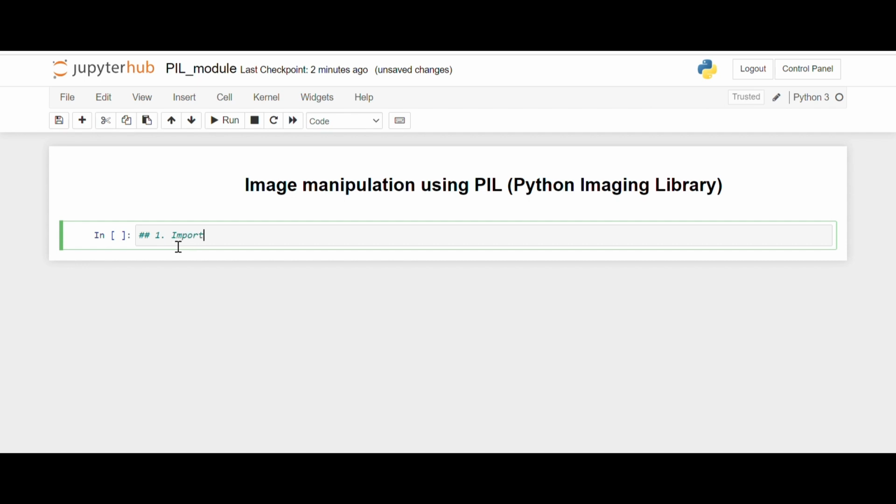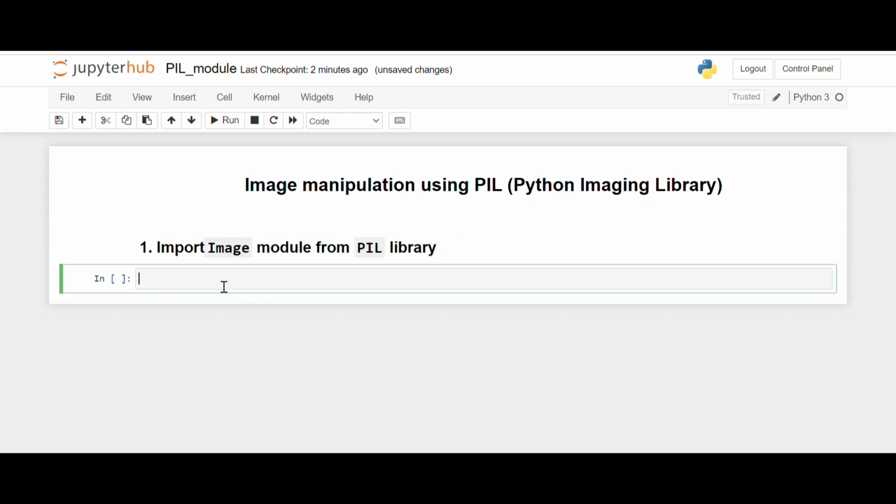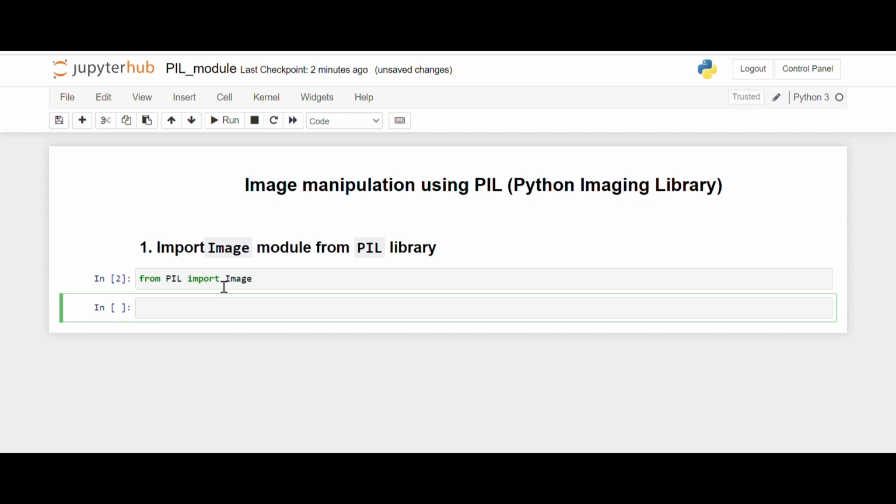So let's at first import the Image module from the PIL library. So we have to write from PIL import Image. Okay, so